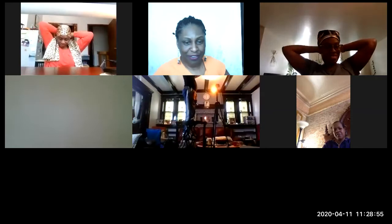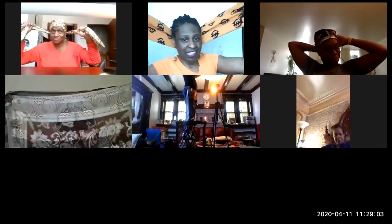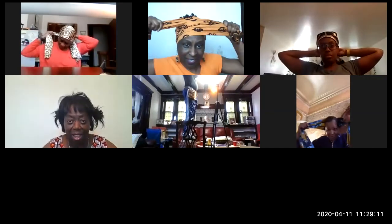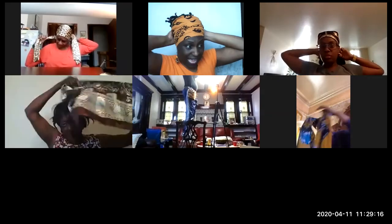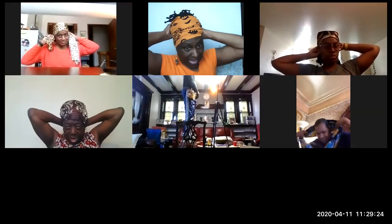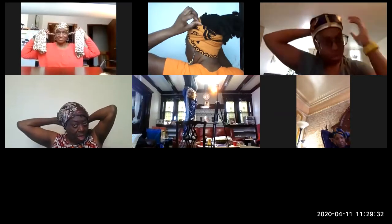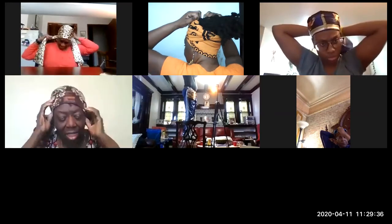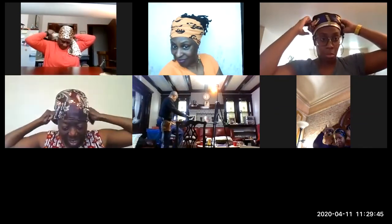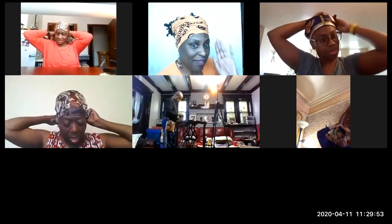So as I said, I want to give variations so everyone can see whatever type of fabric you have. So if you have traditional fabric, kente cloth, whatever you have. This one I'm wrapping around. I didn't do any tie. I just bent it from the front to the back, and I'm tucking it in the back. And I'll turn around and let you see that. So if you feel it a little more cultural and you have any type of traditional fabric, kente cloth from wherever,